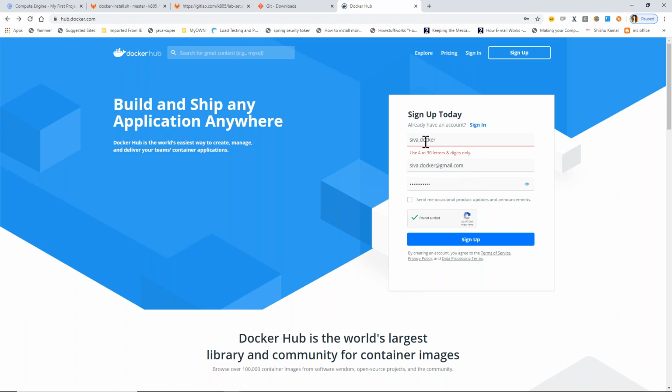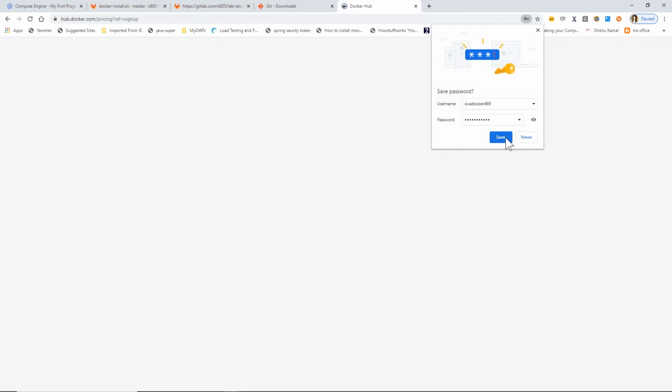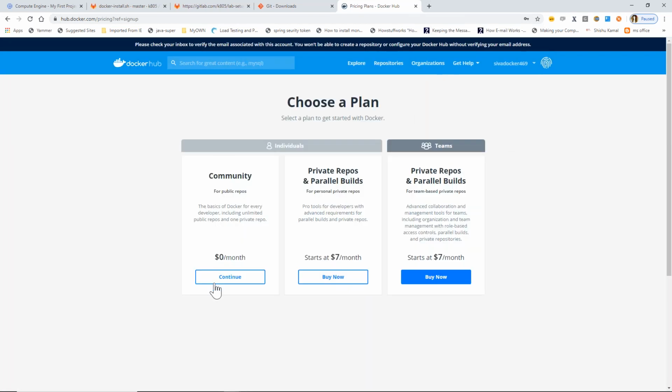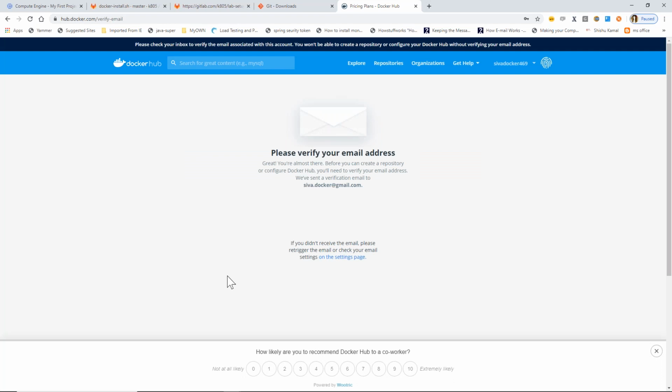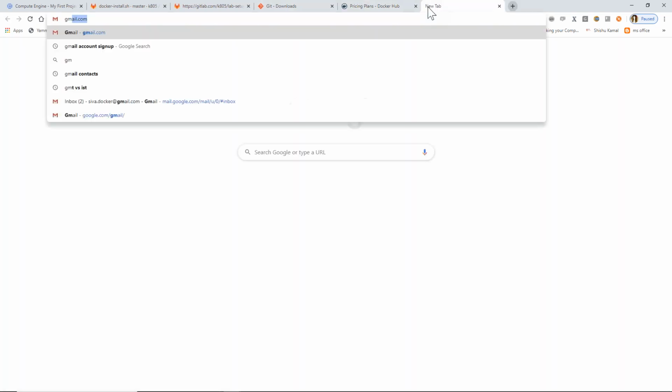Use 4 to 30 letters and digits only, not dots. Username already exists. Okay, so I'm going to use for community. Please verify.